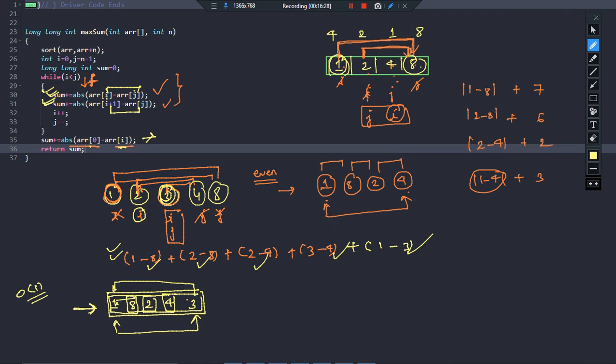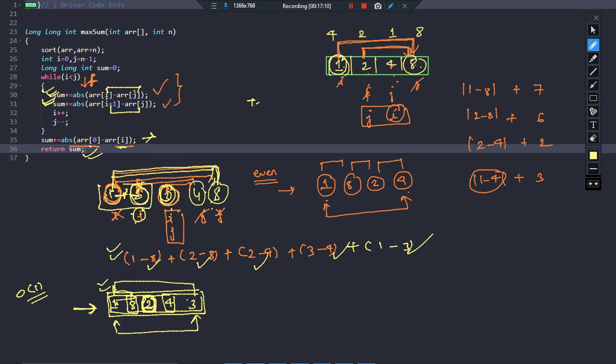The reason is very simple. You can see that here 1 is followed by 8, and again you will be having 2 here, isn't it? And 2 is nothing but the next element of 1, meaning between 1 and 2 you will be inserting 8. So it's better to calculate right now only the difference between 1 and 8 and 2 and 8, because it is sure that in the required pattern 8 will be introduced between these 2 elements, right? You have to take into account the difference between these 2 and these 2. So better take the difference like this, i with j, and i plus 1 with j. Reduce j, increase i. Again next time you will be taking i with j and i plus 1 with j and so on. And finally you will be returning the sum.